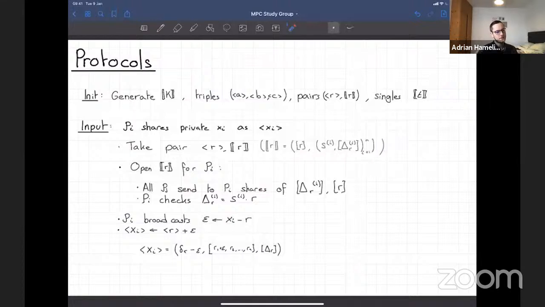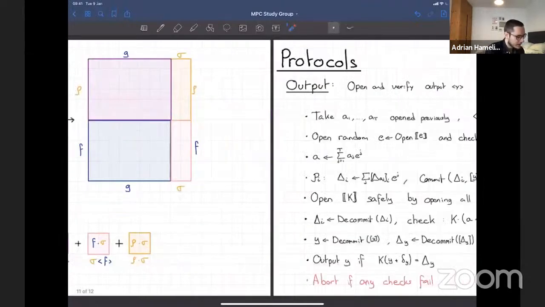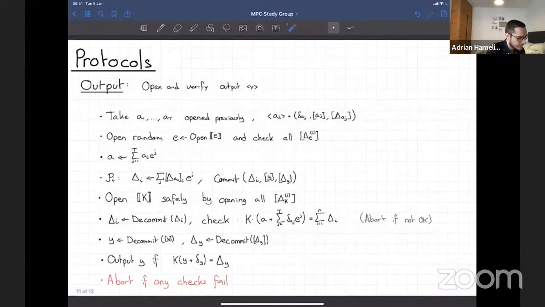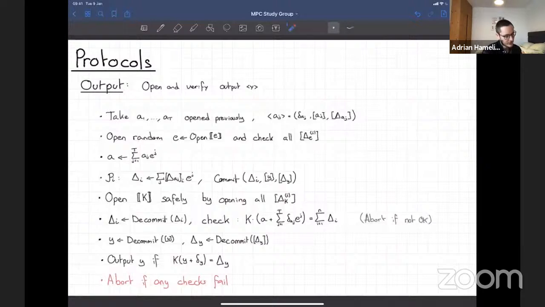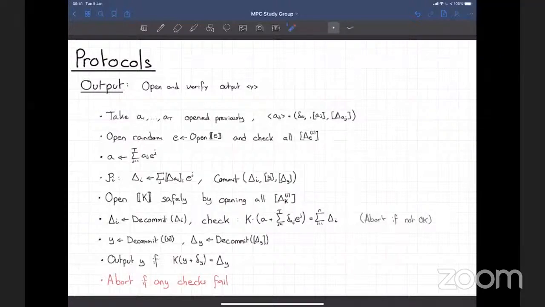You'd have to add another layer of something, because you could definitely abort at this decommitment phase, and then you know who it is. Yeah, although I think SPDZ in its normal form does not have full attributability, right? No. And also, due to the fact that everything is shared just additively, it's enough that one party aborts. Exactly.